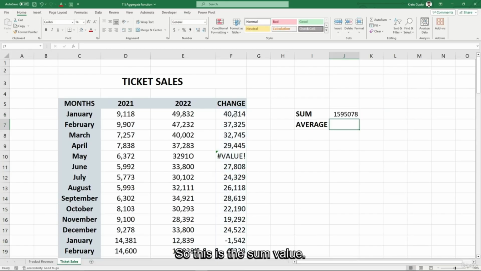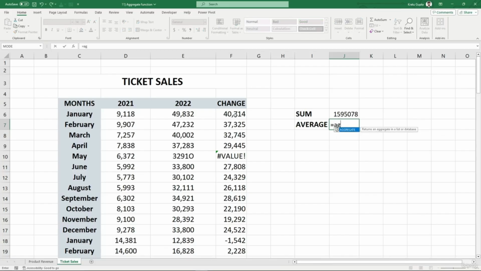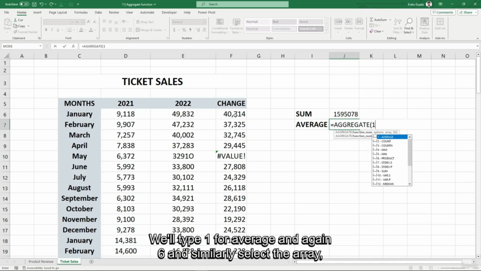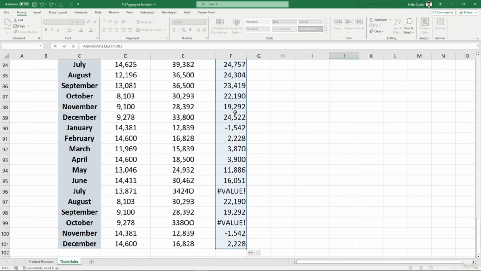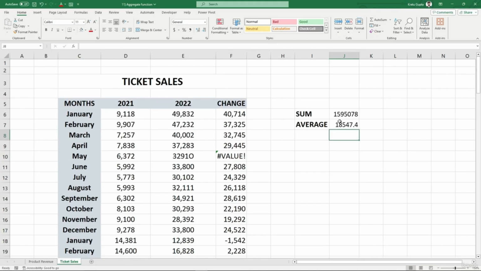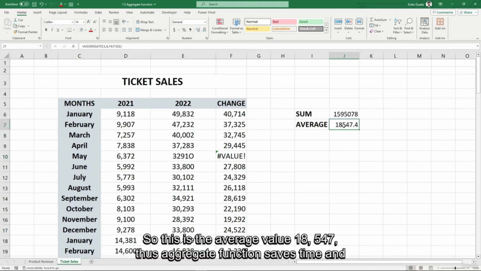So this is the sum value, and to calculate the average, we'll type 1 for average and again 6 and similarly select the array, enter. So this is the average value